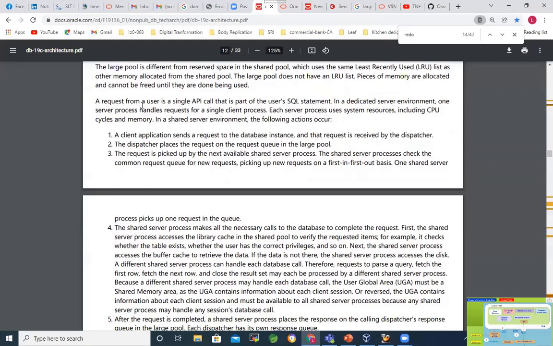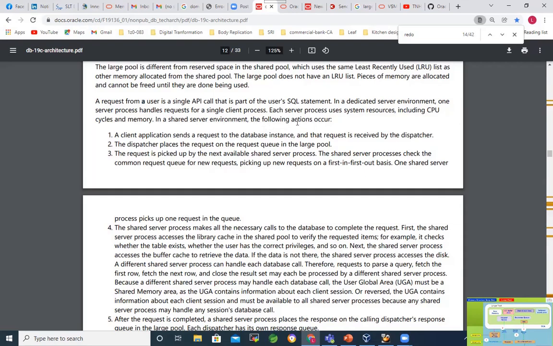You can see a request from a user is a single API call that is understood by the database. In a dedicated server environment, one server process handles the request for a single client process, one-to-one. Each server process uses system resources, including CPU.